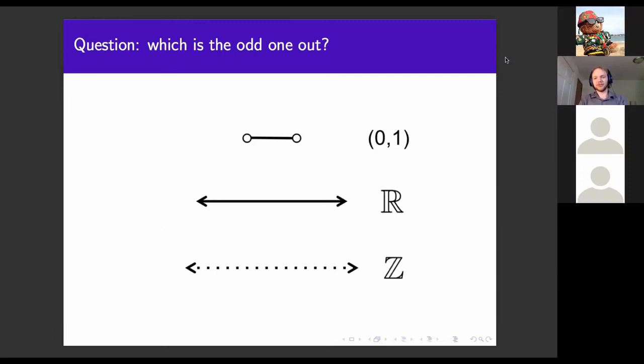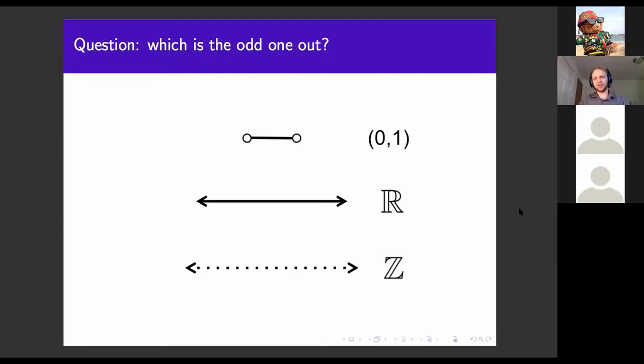So here's a question which I was really hoping I'd be able to get some answers on. So let's try it, and if it doesn't work, it's fine. I've got 3 spaces here, and I'm going to introduce them to you, and then I want you to tell me which of them is the odd one out. The first space is the one labeled 0, 1 at the top here. That is all the real numbers between 0 and 1, but not including 0 and 1, right? So 0.5 is in there, 1 over square root 2 is in there, but no negative numbers and nothing bigger than 1. In the second space, labeled R, this is all the real numbers.